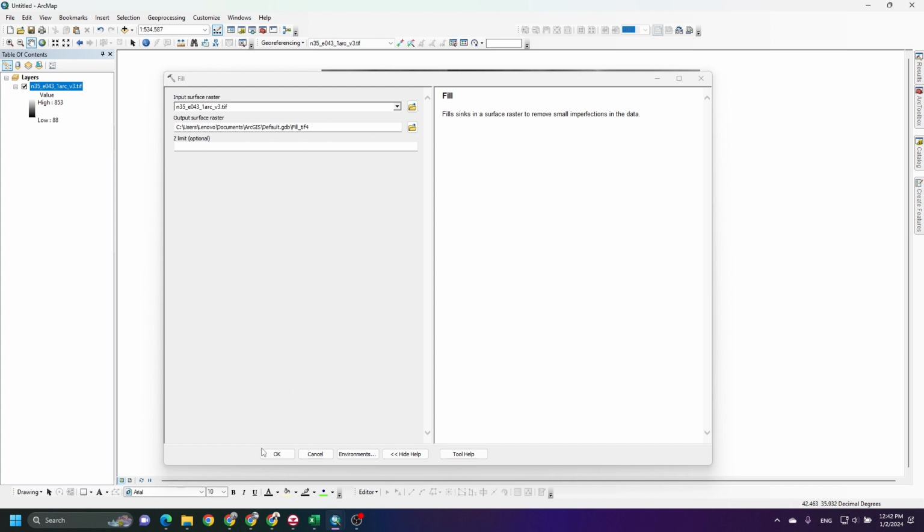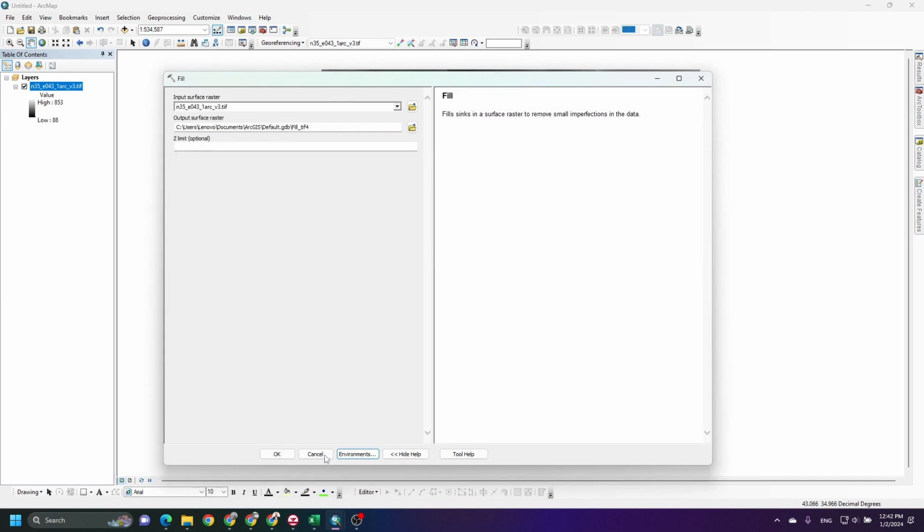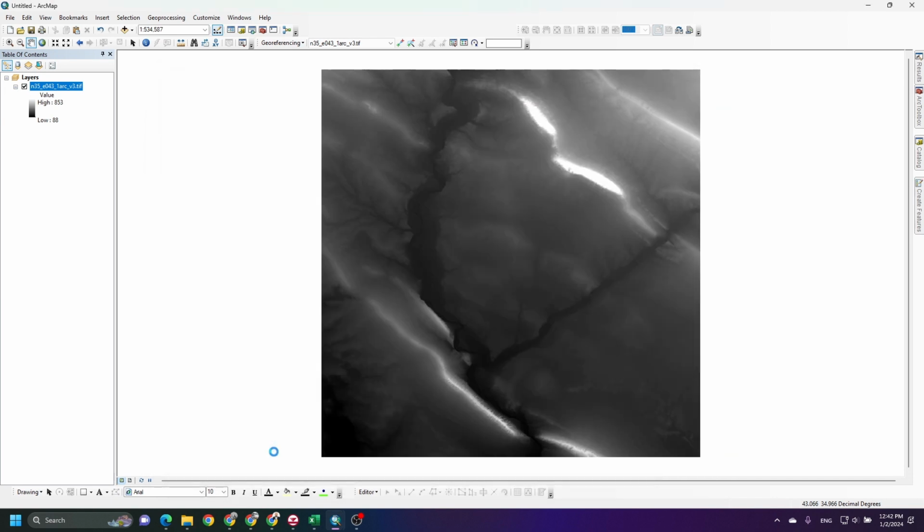I will keep it as the default. In the environment, you can change and edit several properties here, and you can specify the boundary, and you can specify the coordinate, etc. Just click OK, and we have to wait a bit.